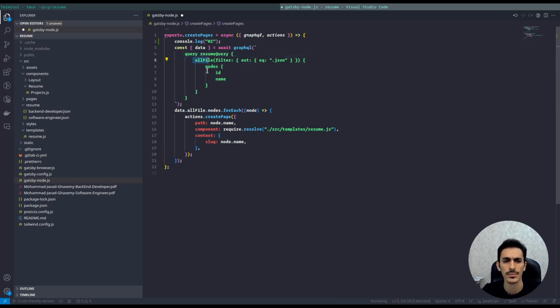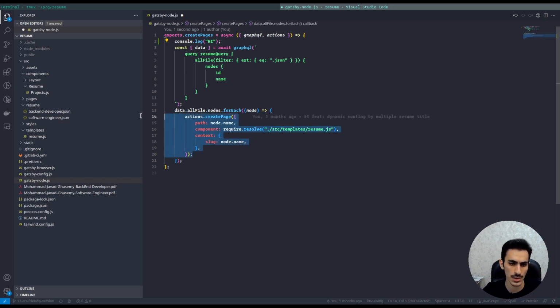This is a GraphQL query, and this data. So we register some files in here, and the actions, GraphQL, the actions that create a page. Okay, so we create page like this in here, and so,